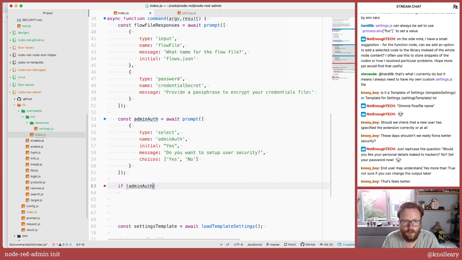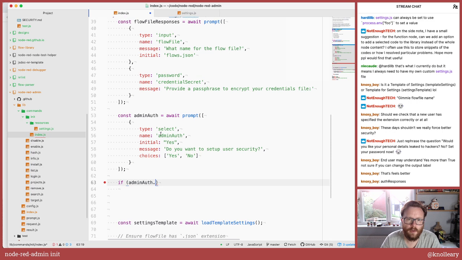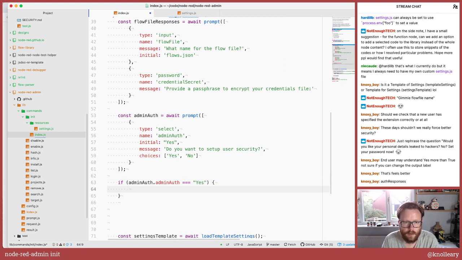If admin auth, yeah, let's call it, well, if admin auth dot admin auth equals yes, then